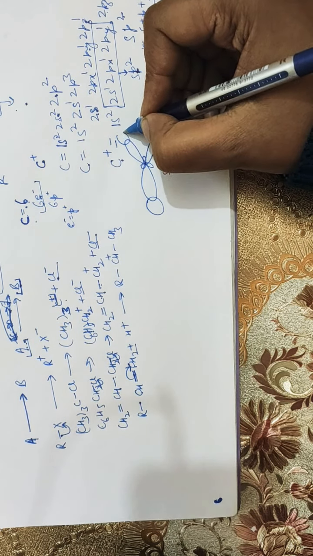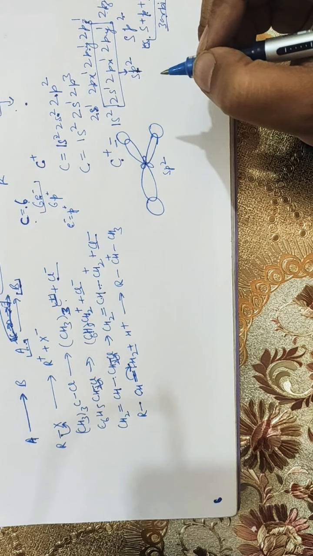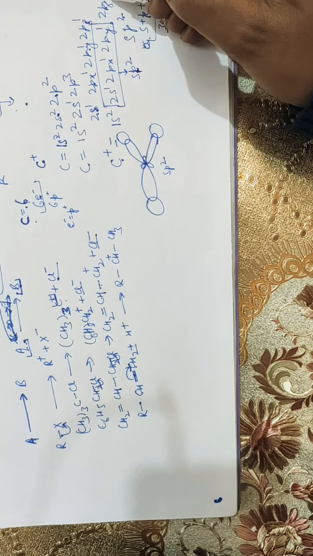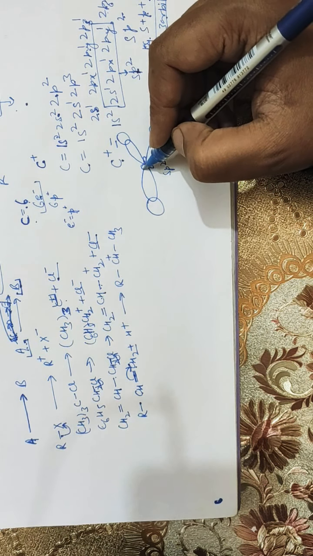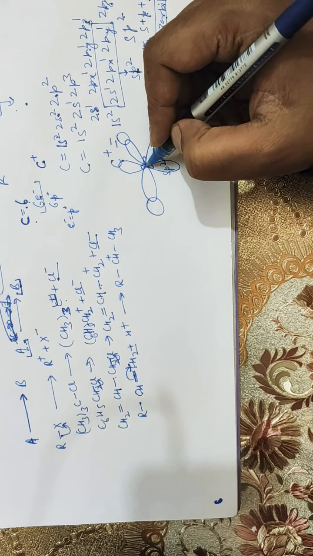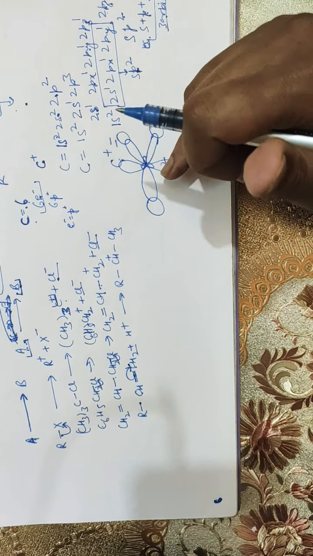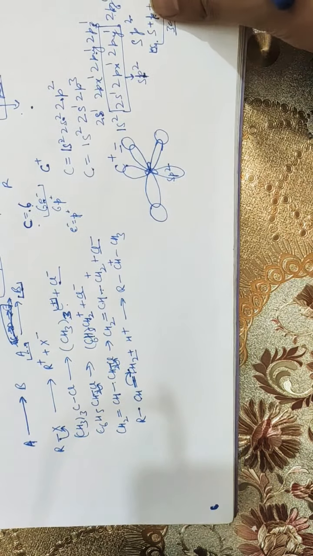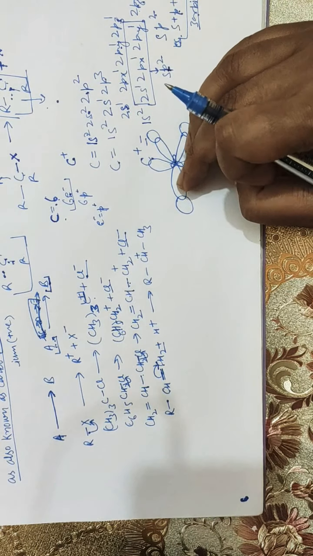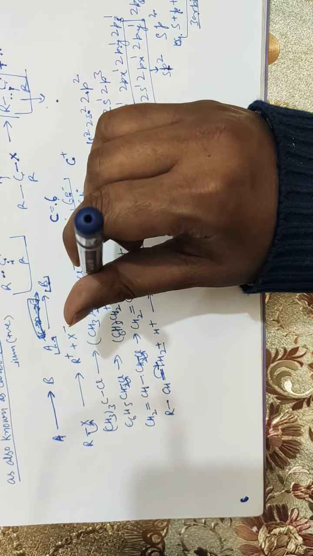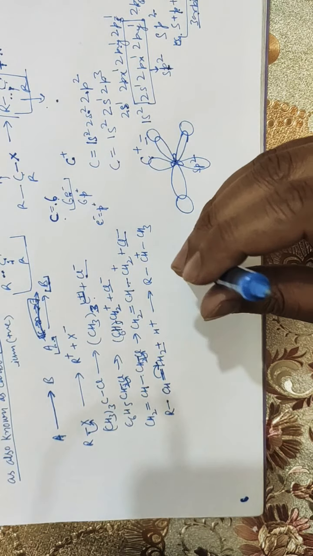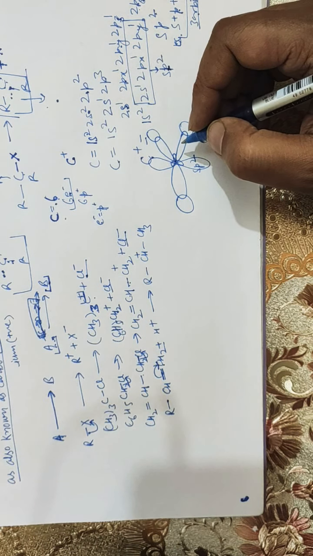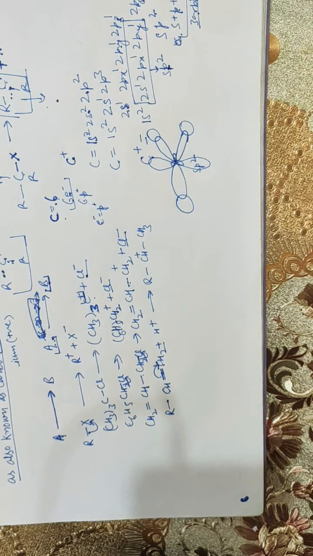Let me represent them as rings. It is the sp2 hybrid carbon orbital of a carbon cation, and the left 2pz orbital is a vacant, empty orbital that is present perpendicular to the plane. These three orbitals are planar, like this book in a particular plane, and this 2pz orbital is oriented upward from the plane and downward from the plane. So these are the three orbitals, with a 120 degree bond angle.